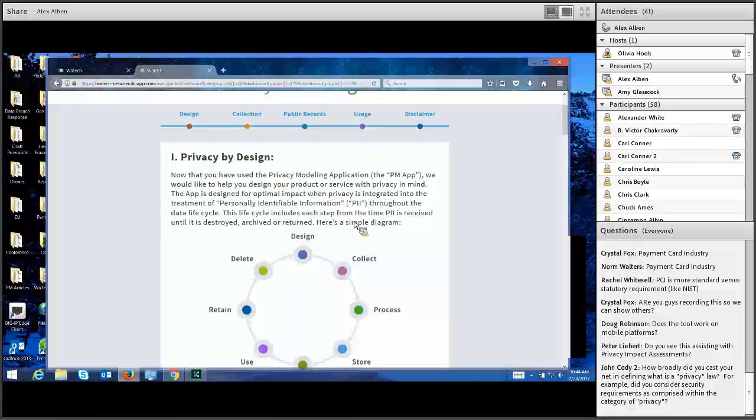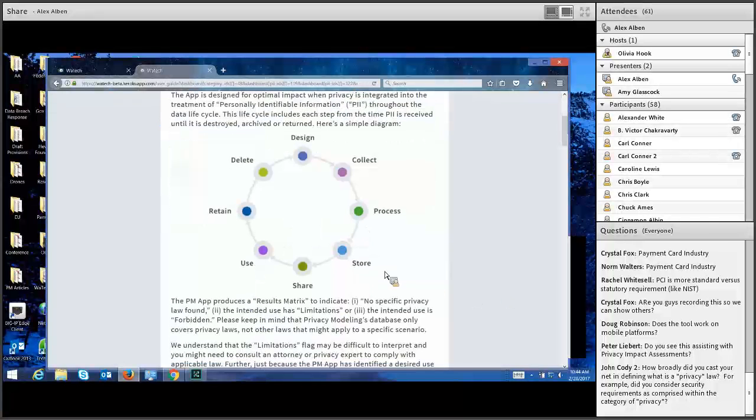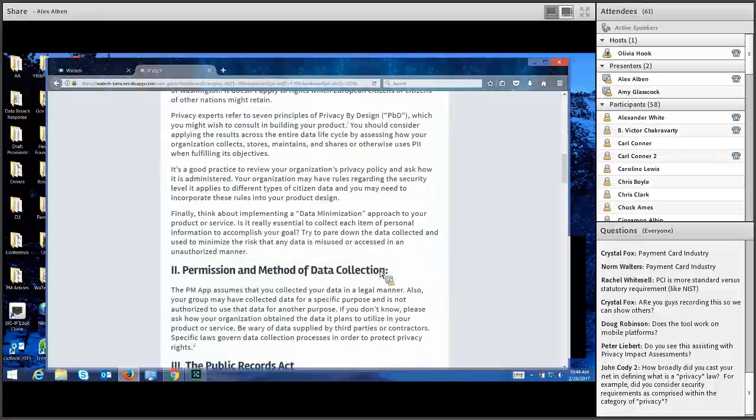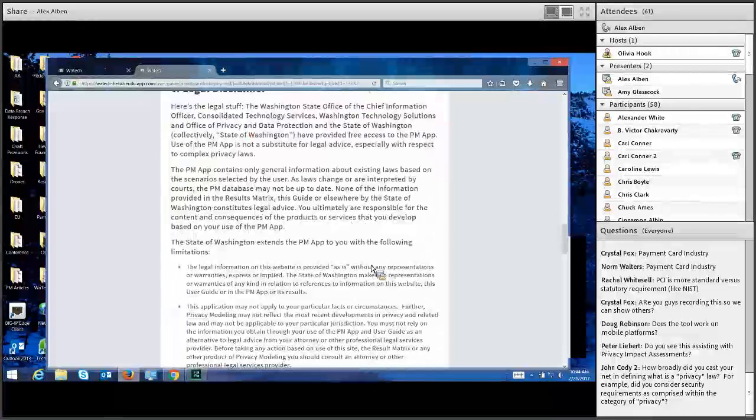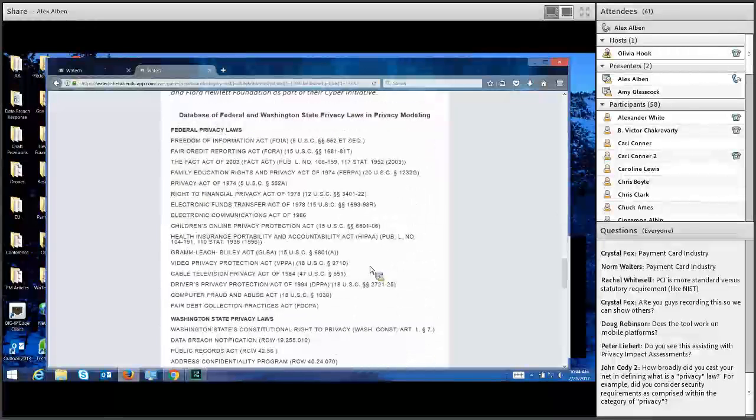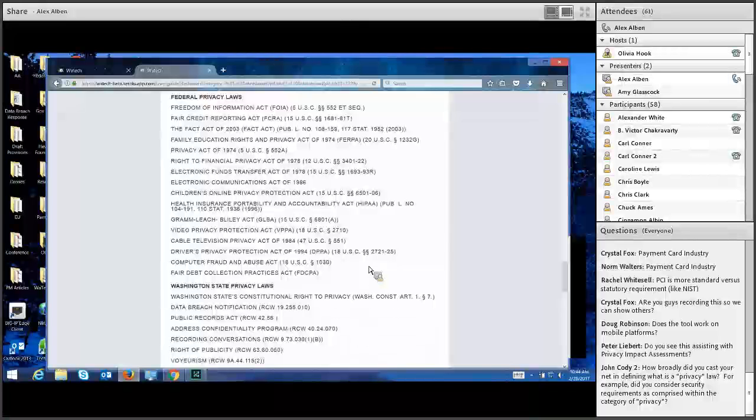The next question, how broadly did we cast our net in defining what is privacy law? Did we consider security requirements as comprised within the category of privacy? We took a fairly narrow approach to what is a privacy law, and I think that's where the limits of this tool are apparent. We list the privacy laws that we think are the major privacy laws, but we don't include security.